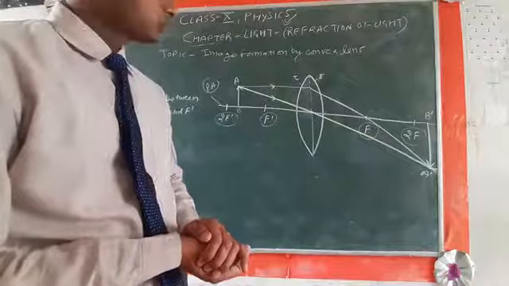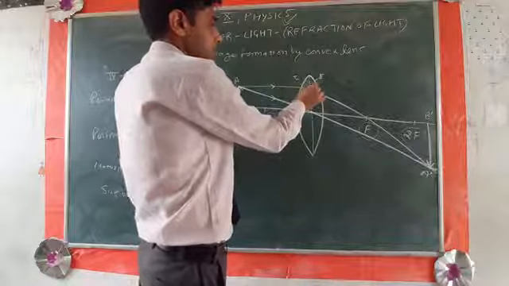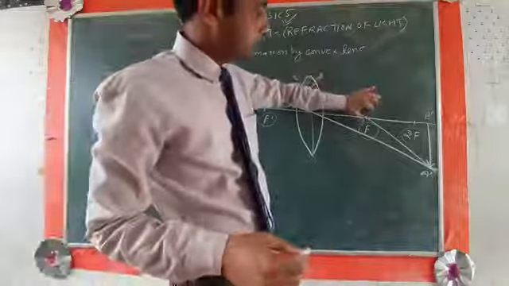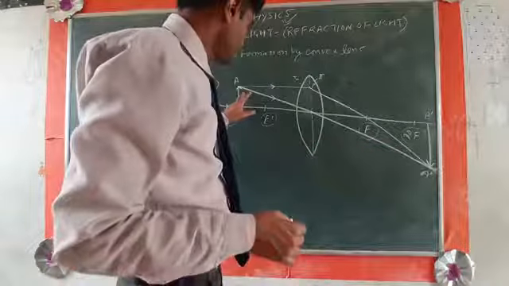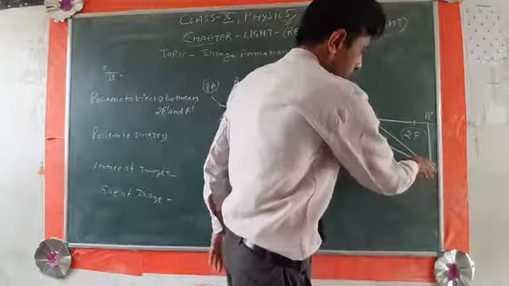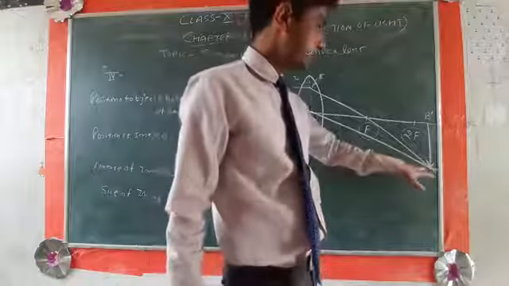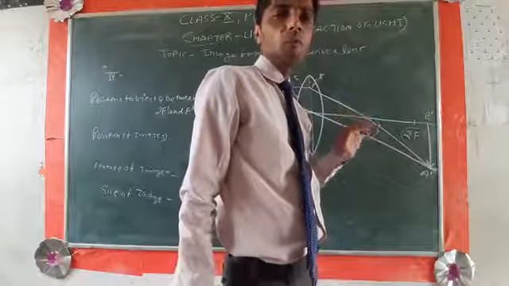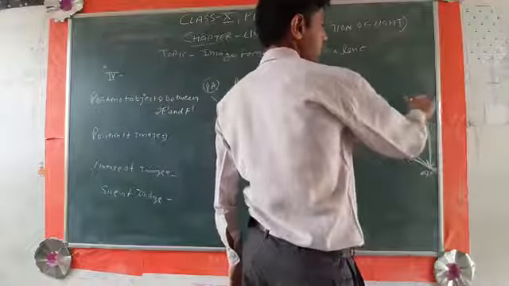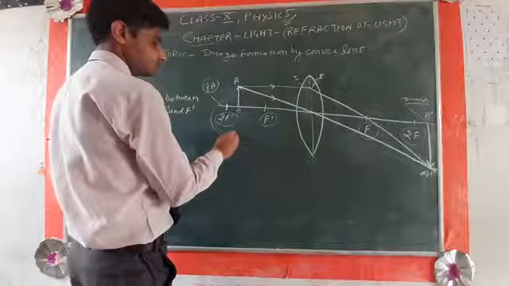Okay, I hope you understood. A ray travels parallel to the principal axis, incident at point P. After refraction, it passes through the focus point. Another ray passes through the optical center, and both rays intersect at the point A dash, and at the point of intersection of two rays, the image is obtained. So this is the image of the given object.